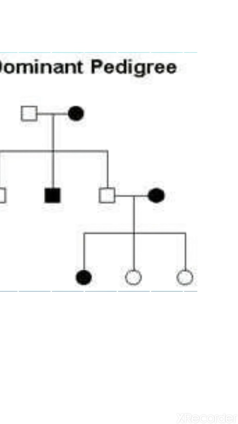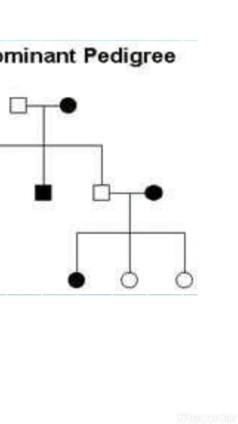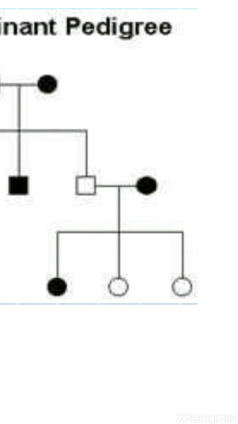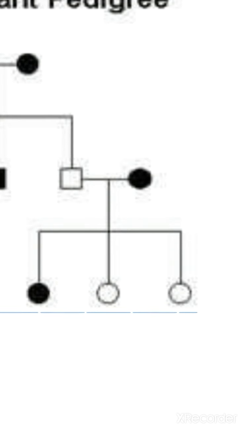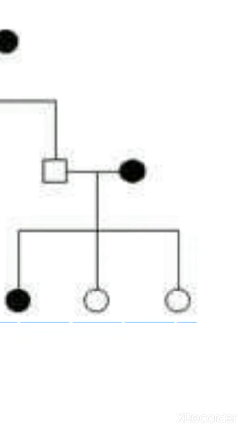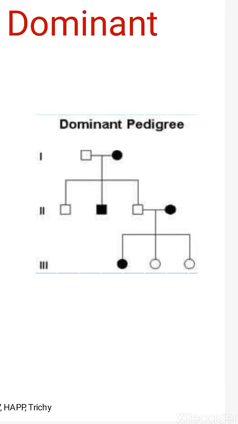Once again, a normal male marries a heterozygous female. How can you tell she is heterozygous? Because this couple has three daughters. The first daughter shows the trait, and the other two daughters do not. Seeing that some of the offspring exhibit the trait and others do not, what can you tell? Whether male or female, the parent showing the character is heterozygous. If they were homozygous, all the children would show the trait.